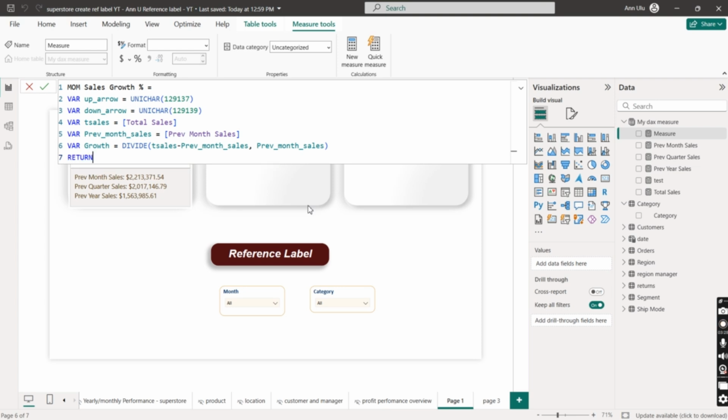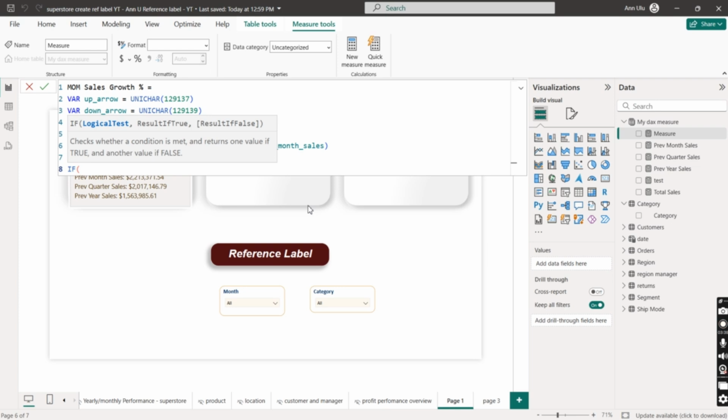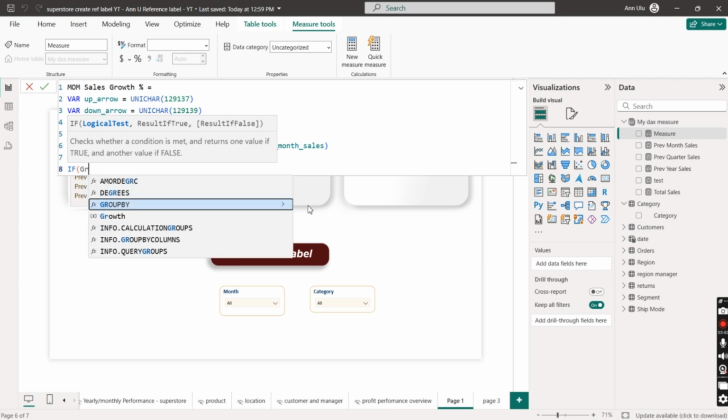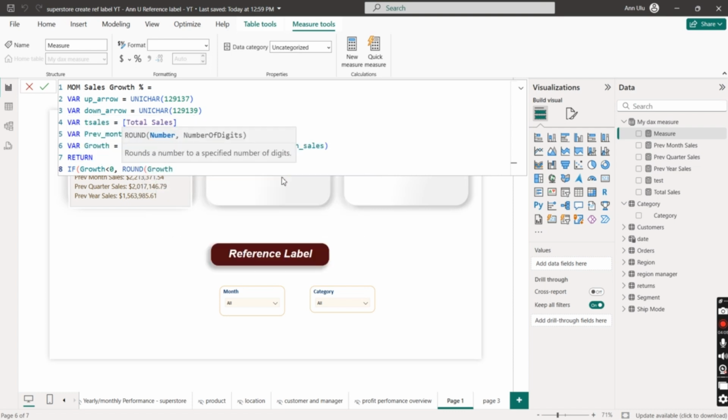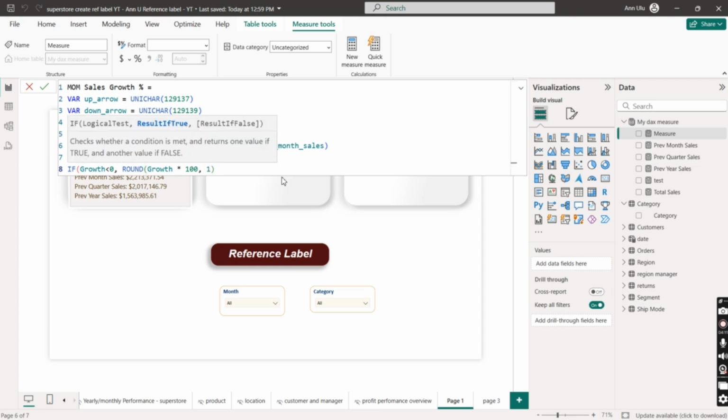So the return function in this case is going to be IF growth is less than 0, round, give us growth times 100, 1, and quotation mark, percentage, space, quotation mark, and down arrow,